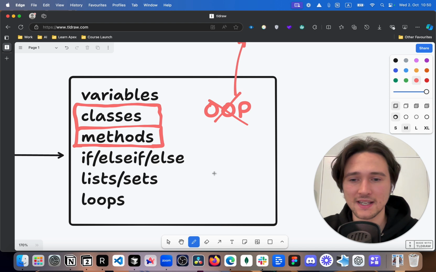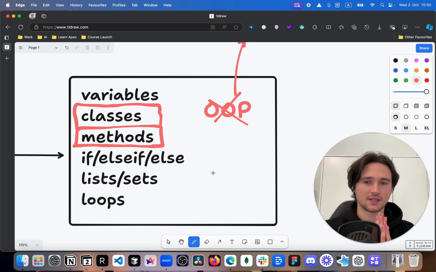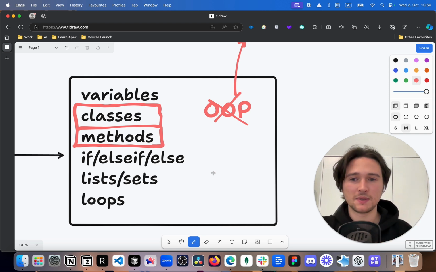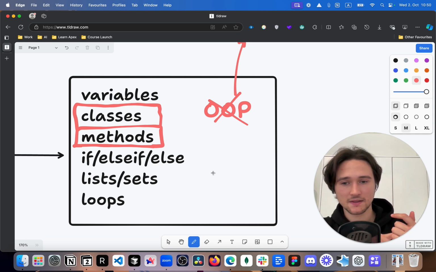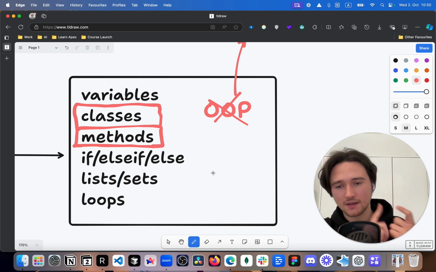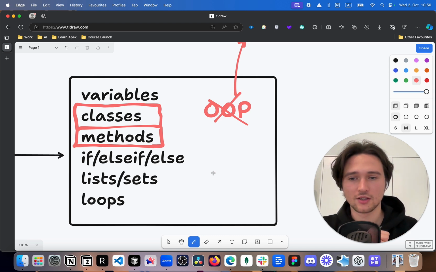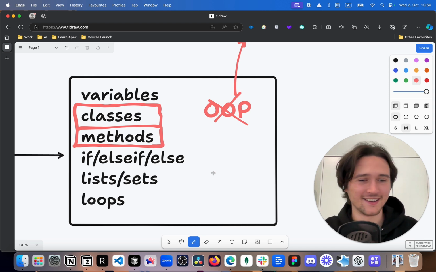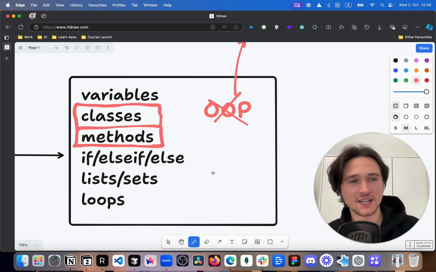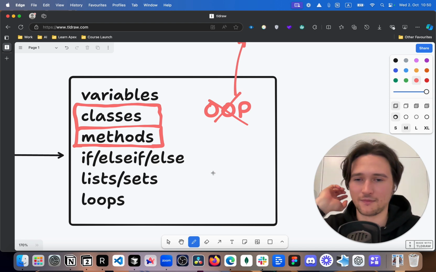In this case, if you learn those six topics, you're going to be able to understand most programming languages, because those topics are universal between all programming languages. In fact, if I had to choose three topics that you have to learn, that would be variables, if statements, variables, methods, and loops. With those topics, you can already do some simple stuff with coding, right? So this should be the main focus of your whole coding journey in the first month, whatever, right?